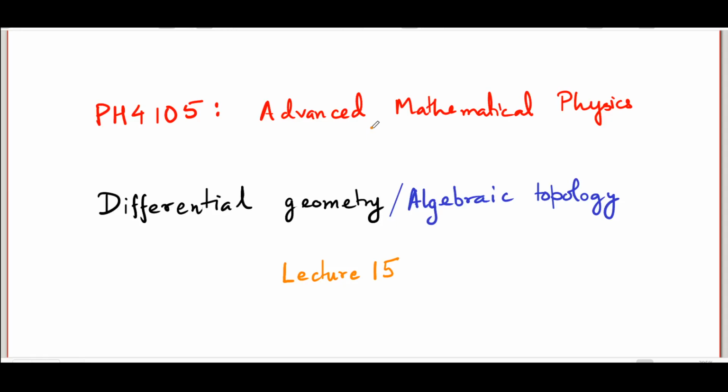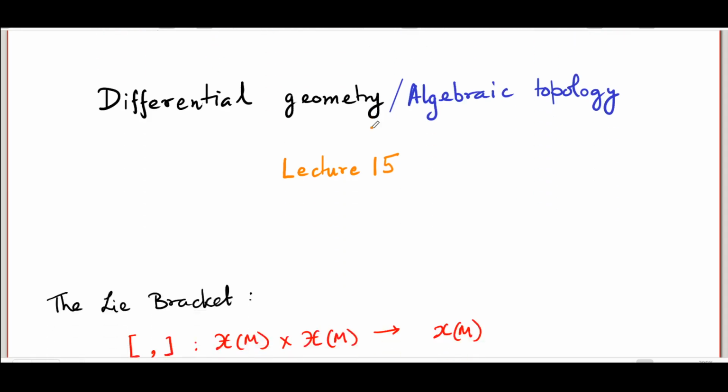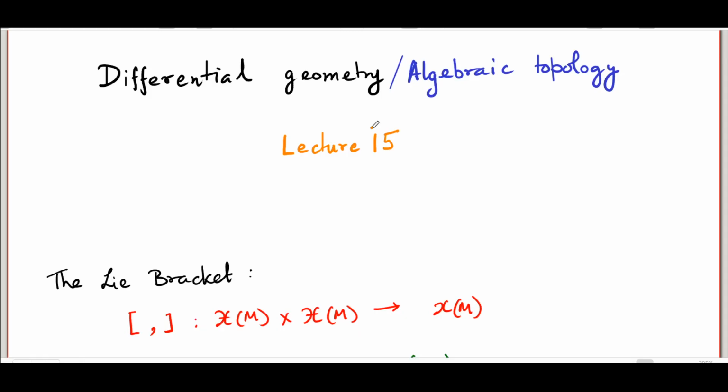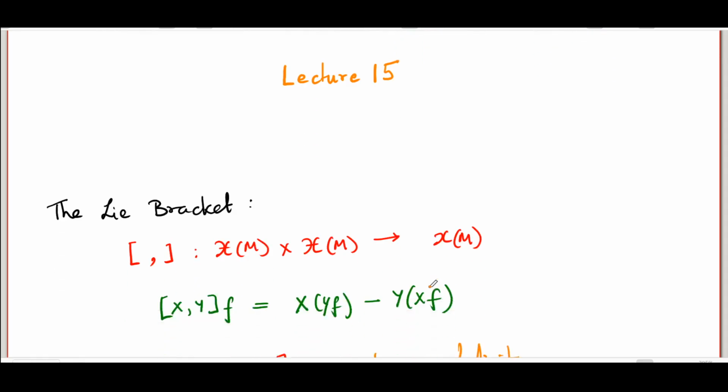We are currently discussing differential geometry, and in that, right now we are focusing on a particular kind of product that we have on the space of smooth vector fields, the so-called Lie bracket. A quick recap of what the Lie bracket is. It is a binary product which maps two smooth vector fields into a single vector field, and in fact is defined in the avatar of